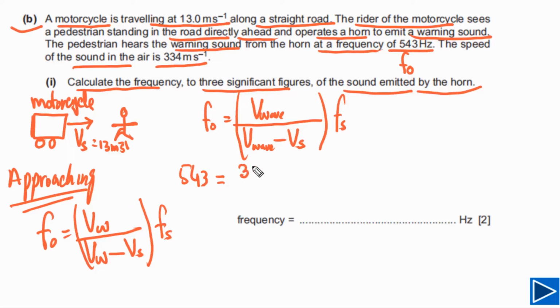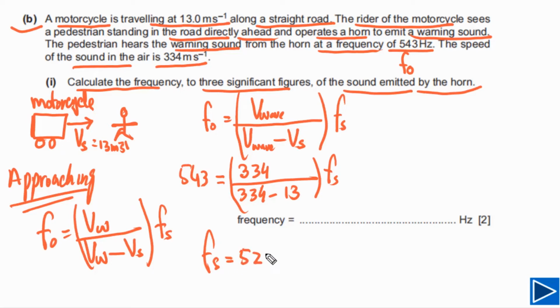Speed of the wave is given, this is 334, and speed of the source is given, that is 13, and we have to find Fs. Now if we solve this, we can find out the frequency of the source, and up to 3 SF it will be equal to